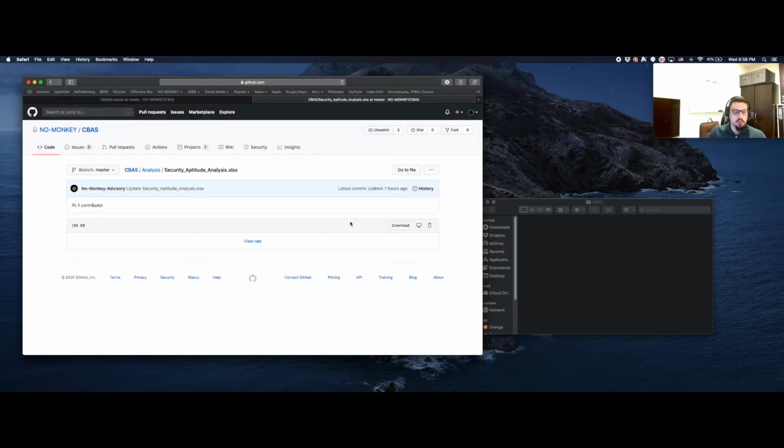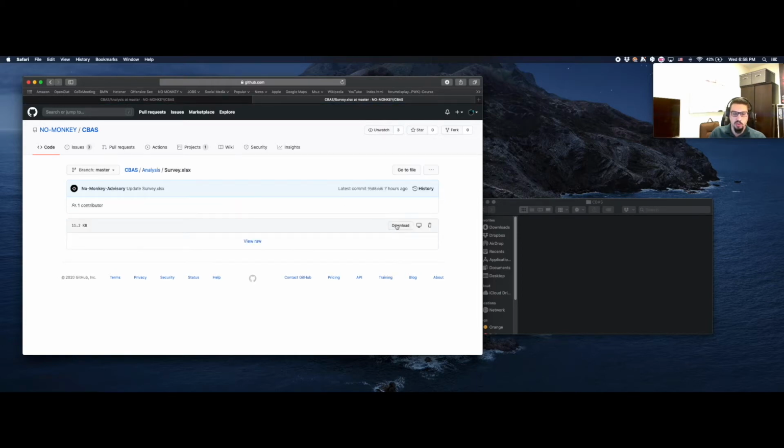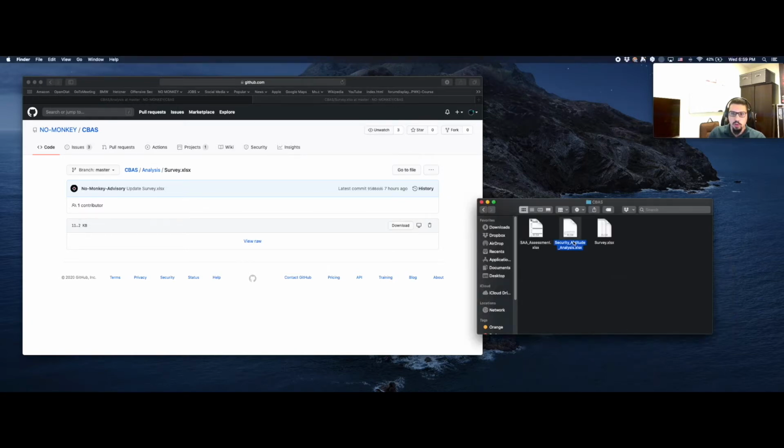So let's start by first downloading the analysis and then downloading the assessment, which will be used for survey takers, and finally the survey. And this will be used to accumulate survey taker assessments or survey taker results. All right, let me just copy them here really quickly so we can work with them. All right, interesting. Opening the survey